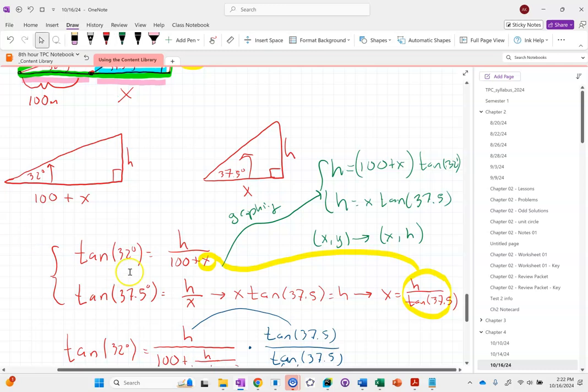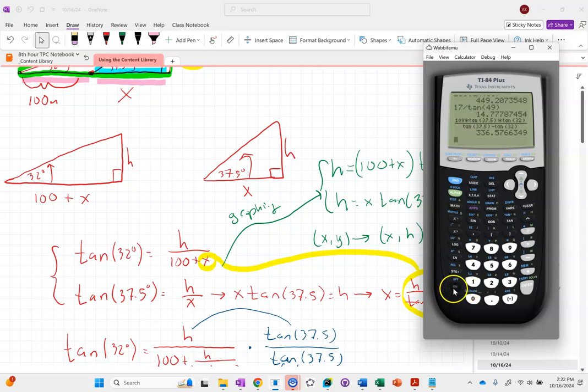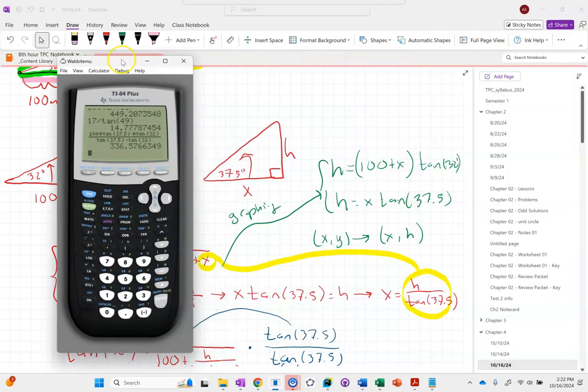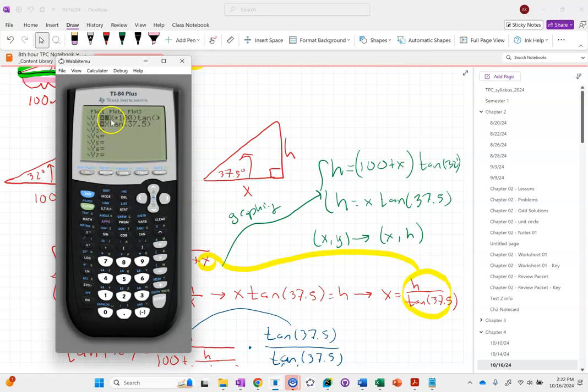Okay. So now I'm going to go to my calculator. And I'm going to go to the y equals menu. And I'm going to type in these two equations into y1 and y2. Everybody's okay with that? Just type them in just the way they looked. And then I'll just hit graph. So when I do that, I'm just getting,